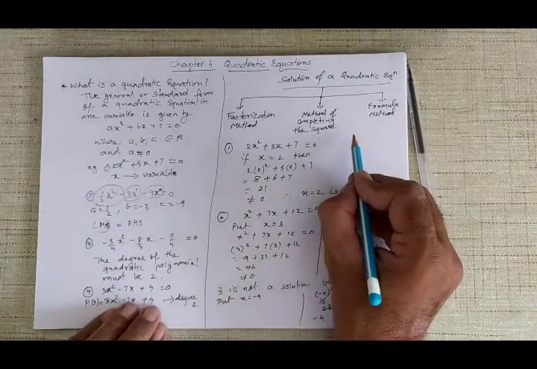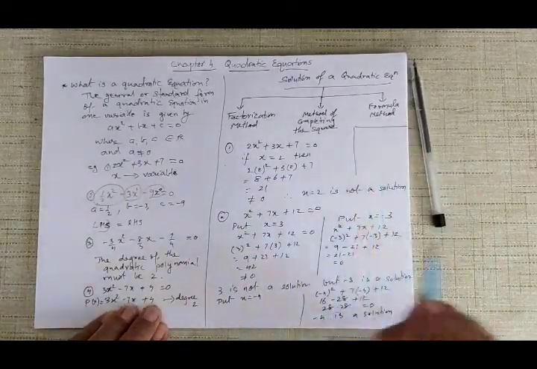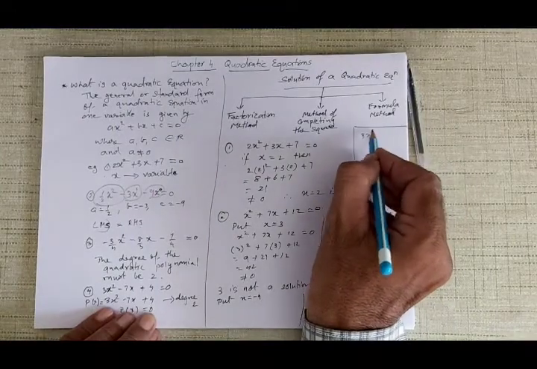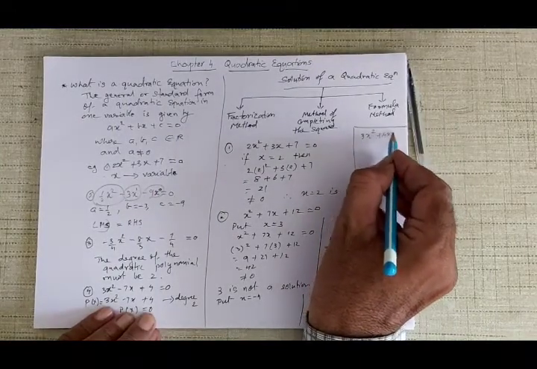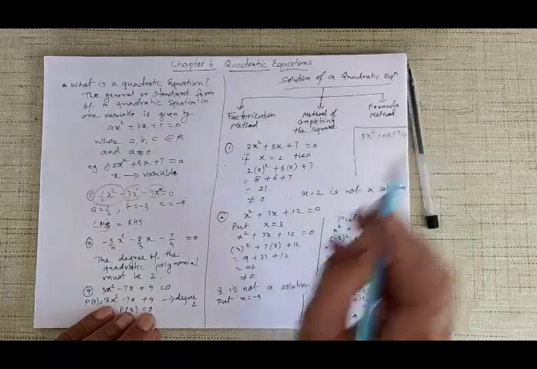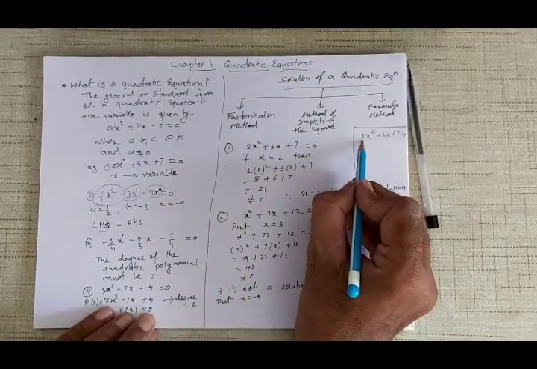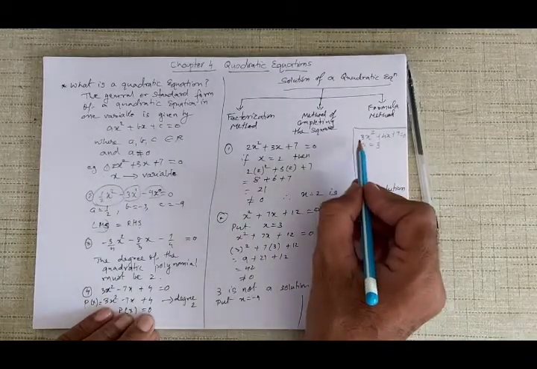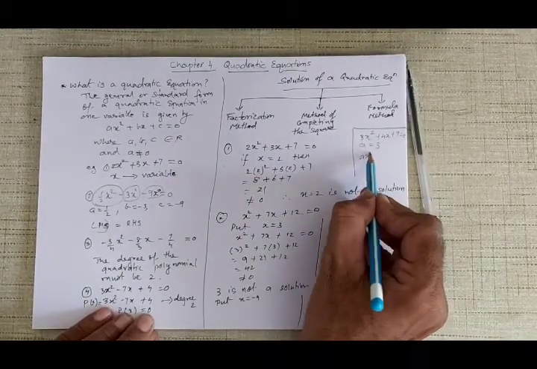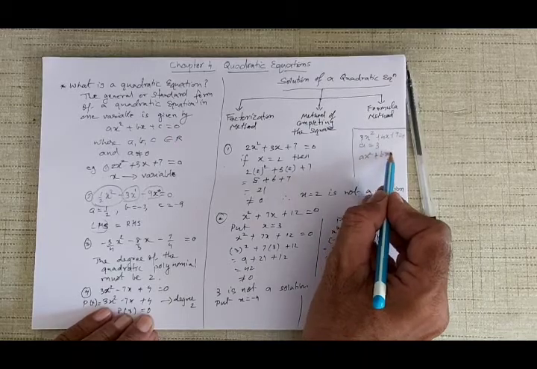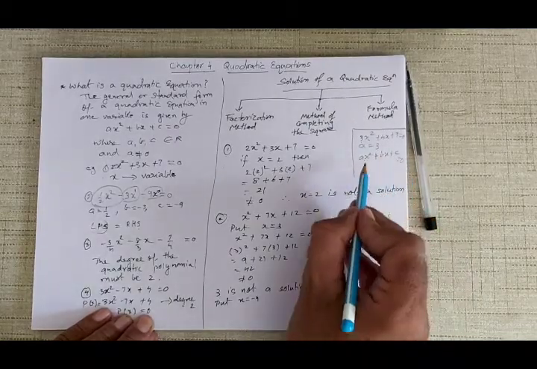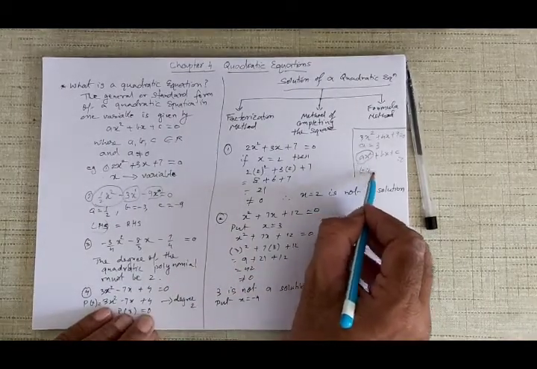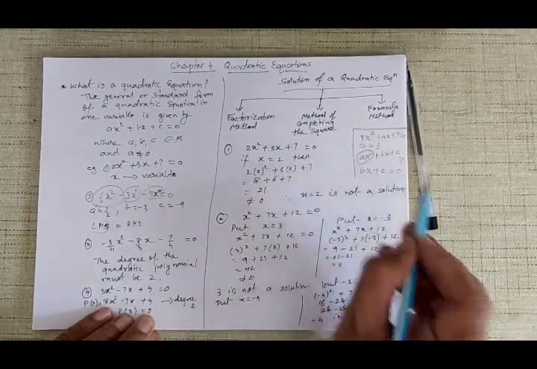See, if a is equal to 0, just explaining out here, supposing a is equal to 0, I got quadratic equation like this. See, 3x square plus 4x plus 9 is equal to 0. Now here a is not equal to 0, a is equal to 3. Okay, but supposing a is equal to 0 in this, ax square plus bx plus c is equal to 0. Now if a becomes 0, then this will become 0. So what will I get now? I will get bx plus c is equal to 0.